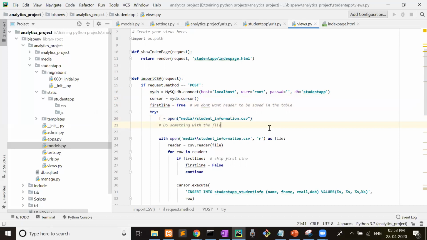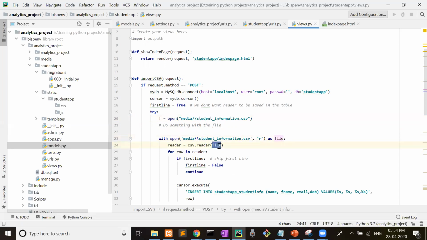Now see, if f equal to open media student info information.csv, if the file already exists, then what it will do: with open, this is the fixed function name, with open media student information.csv in read mode as file.